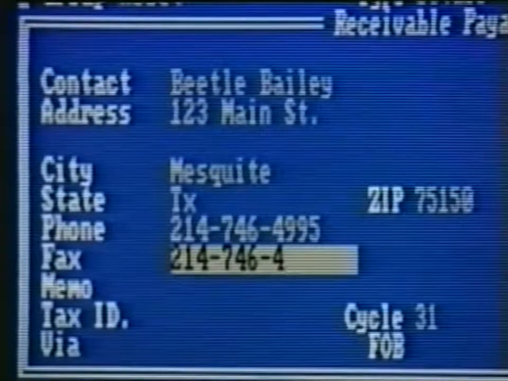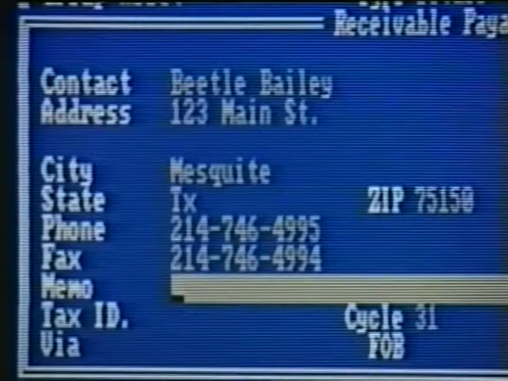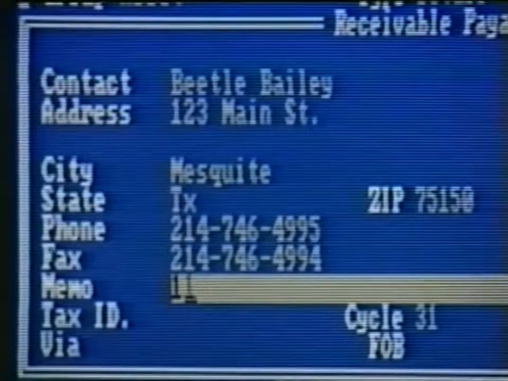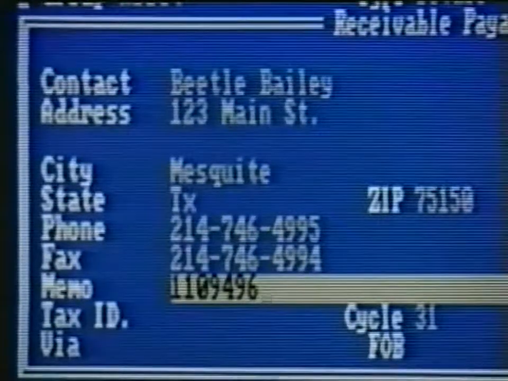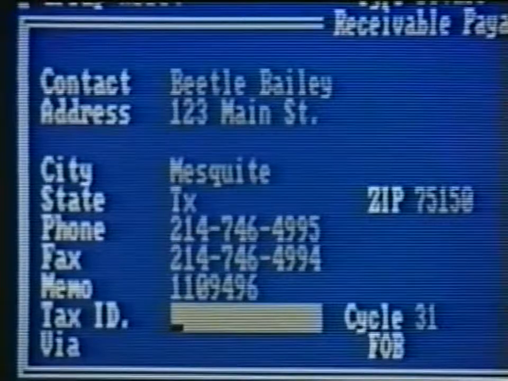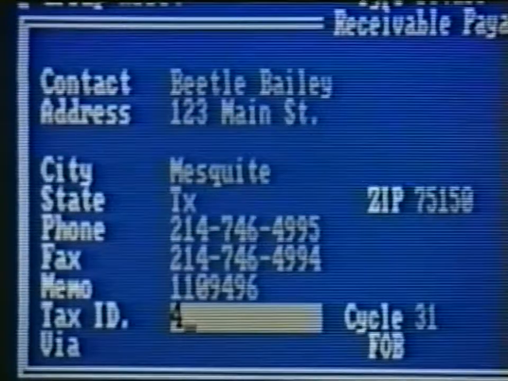Later, when we print out certain reports, this information can help our sales or marketing departments. The memo field is great for account numbers that must be printed on checks. You'll use this field primarily for vendors. Whatever you enter here will be printed on the checks to this account.